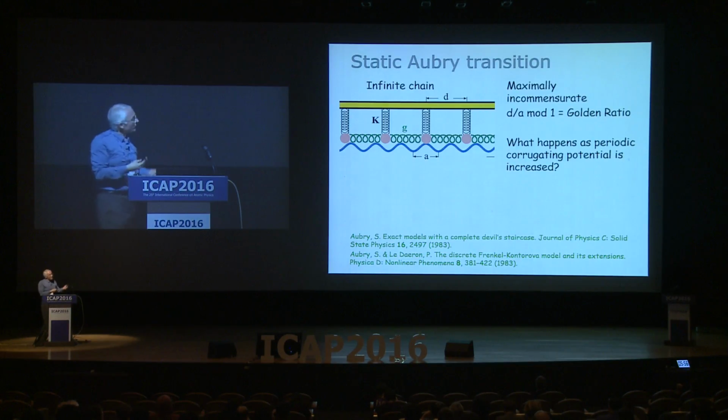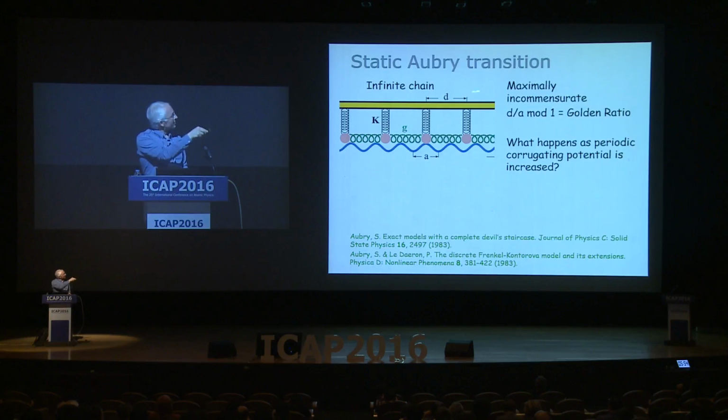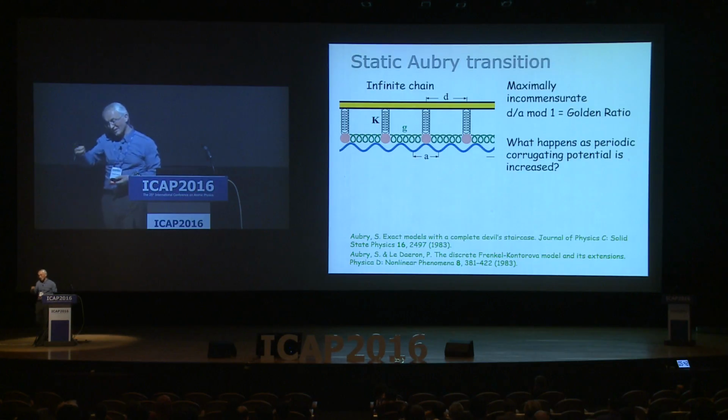Naively, you would say at some point the spacing between the ions, when the periodic potential is deep enough, will no longer reflect the original distance scale d, but must somehow rather reflect the scale a of the periodic potential, as the ions will be pulled to a minimum. However, what Aubry found surprisingly, as the periodic corrugation potential is increased, so you might have thought, well, let's